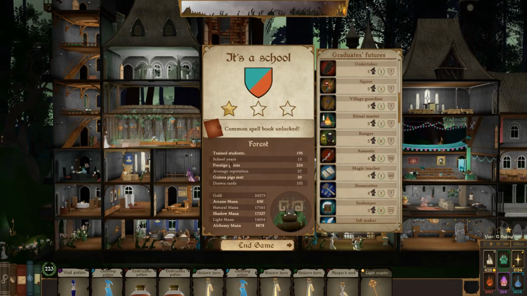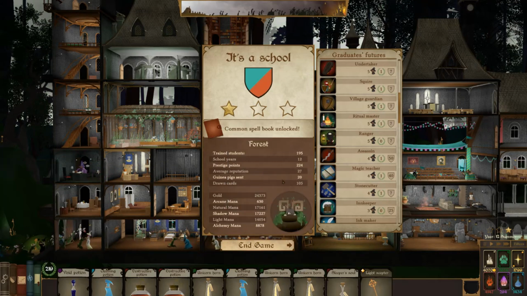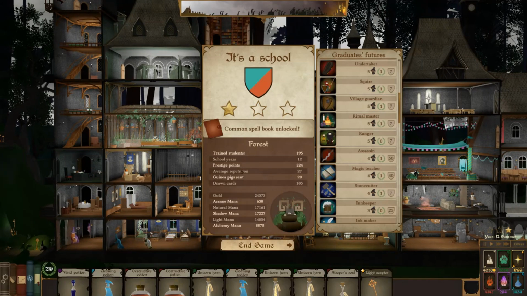We can see 12 school years we made it through. We trained 195 students. We gained 224 prestige. Or we finished with that much prestige. Average reputation 27. Sent 20 guinea pigs. Drew 105 cards. Neat. Gained 24,000 gold. 630 arcane mana. That's not much at all. 17,000-ish natural and shadow. 14,000 light. 8,000 alchemy, and then we had